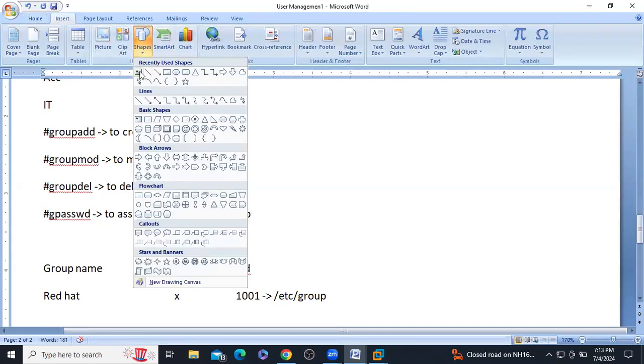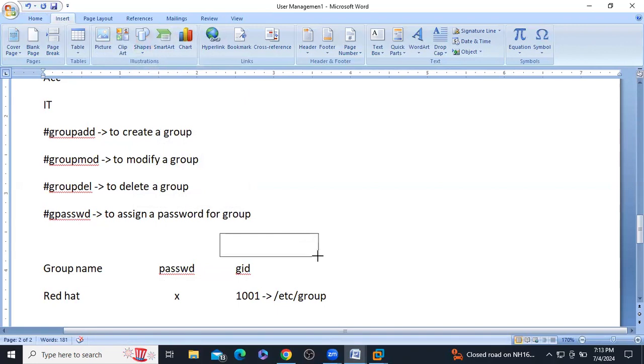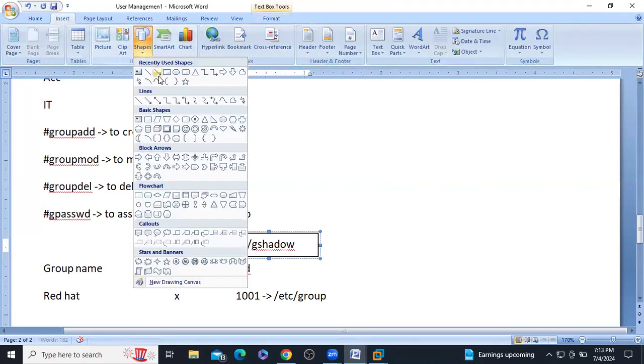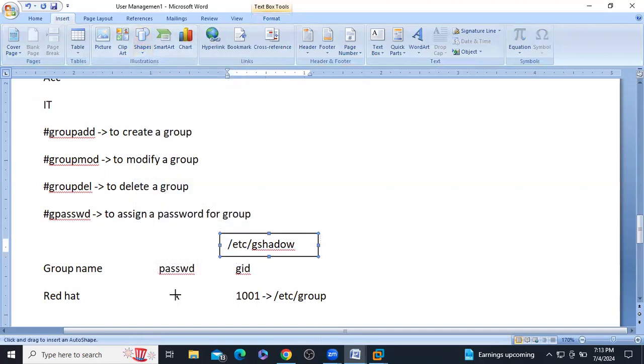So those group properties are going to be stored inside the etc gshadow. Got it, guys? That is normal shadow, and this is gshadow. If you assign the password, it is going to be stored in etc gshadow.